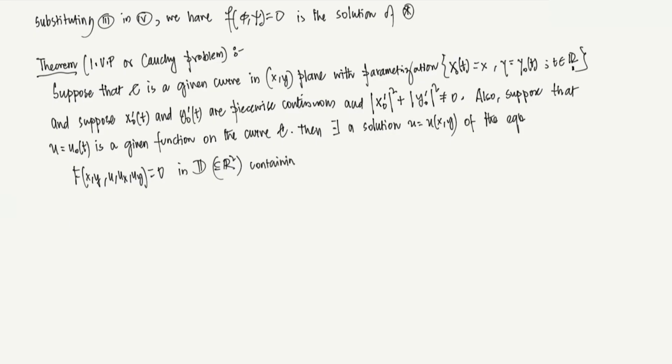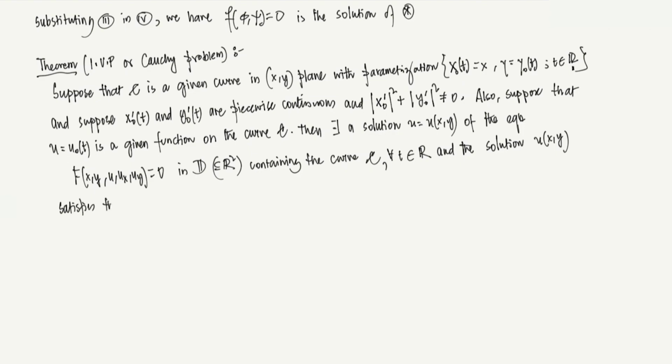So basically the domain should contain the curve C for all t in R. If you are writing it to be in some interval I, then that will be I. And the solution u of x, y satisfies